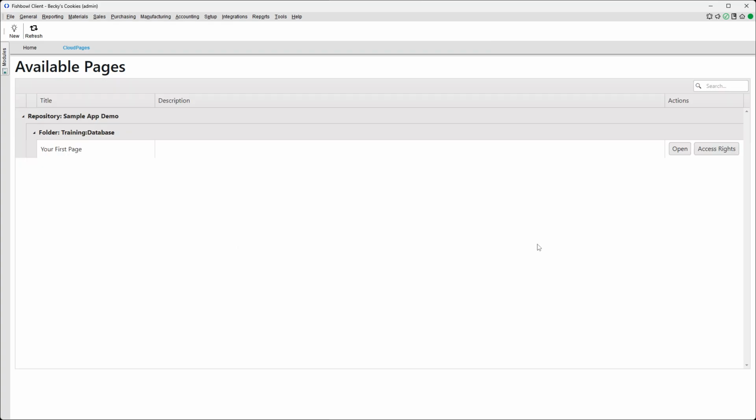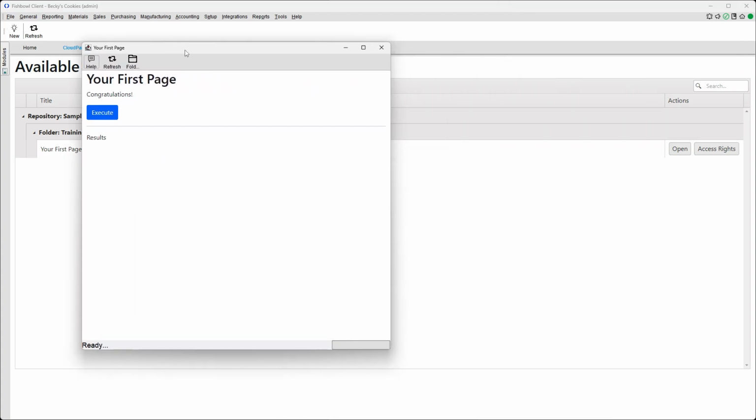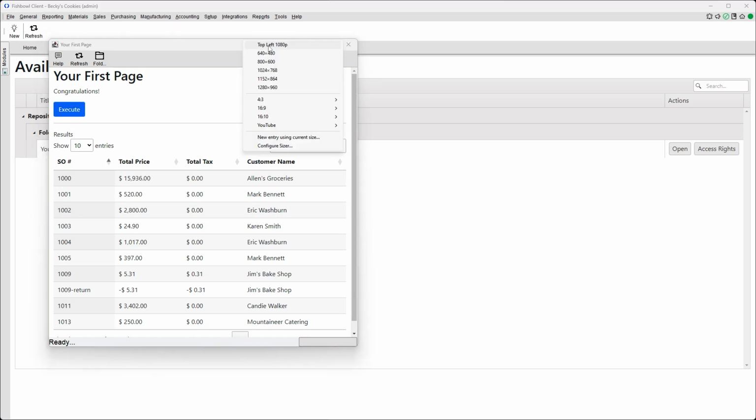So let's talk about where we're going to end up, and then go piece by piece into what it takes to do that. So I'm going to open up this cloud page, and what we have here is a very basic HTML page with a button that when you click the button, it shows you a table, right? Easy, kind of nice. This is the kind of experience that I want customers to have. I want to add parameters to this. I want to make the whole ecosystem really useful for both developers and customers. We'll talk more about that in other videos, but for today, we're just going to show you what it takes to create this page. Okay, so we're going to have that pop. Let me do some